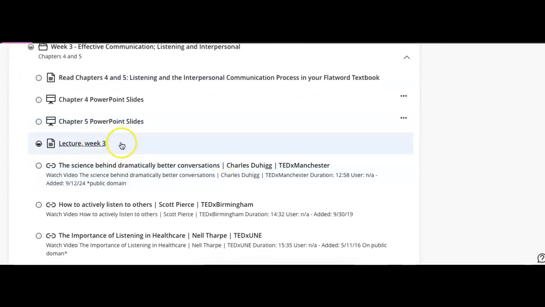But make sure you watch the lecture for week 3. Remember, I try to keep these lectures under 15 minutes or around 15 minutes. Studies show that at the 15-minute mark, people start to zone out and do other things, especially in online class. So there should be an element of this class that's self-paced, and I try to really take advantage of that with the lectures. So watch them, take notes, or rewatch them if needed. They're really going to help you prepare for your tests and the homework assignments, of course.